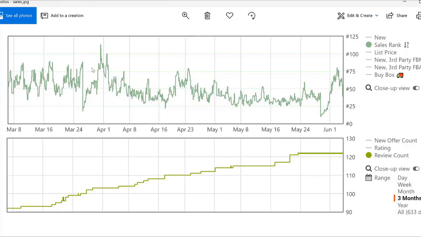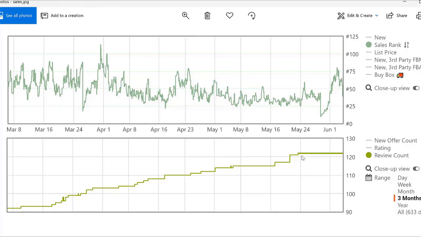You may see on other examples that the sales rank slowly going up and higher. So you say, oh well, this product's becoming less and less popular for whatever reason. And you've also got the review rate over the last 3 months. So again, you can see this has got a steady increase in reviews, which shows that it's a good selling